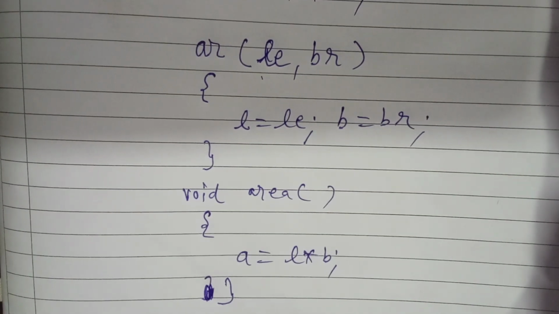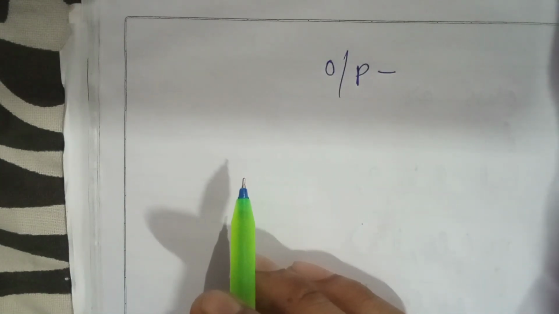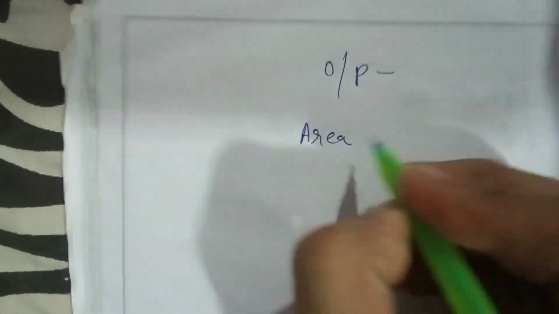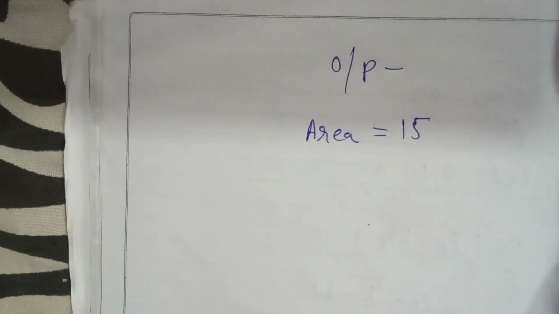Okay, and let us see the output of this program. How will the output come? Output will be something like this. Let us see that. First of all, L and B will get their values, that are given by us as 5 and 3. So 5 and 3 will be stored in L and B. Then the method area will be called, which will multiply 5 and 3. 5 3s are 15. 15 will be stored in A. Then we call ob.show. What does the show method do? It displays. What does it display? First it displays area as a string. And what is area? That is 3 into 5, that is 15. So this will be the output.